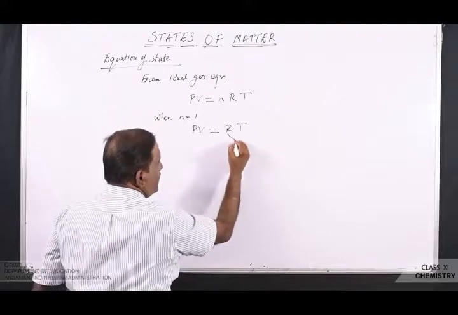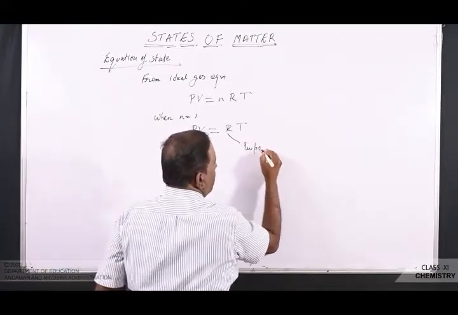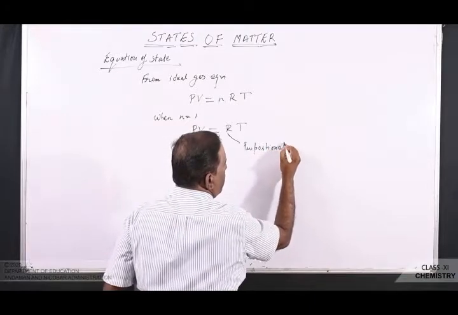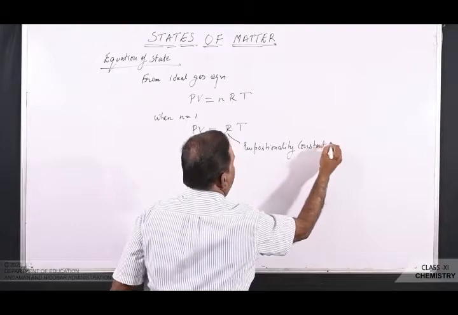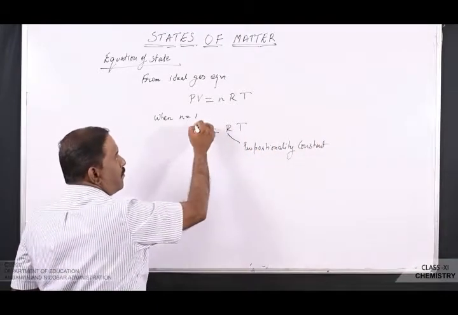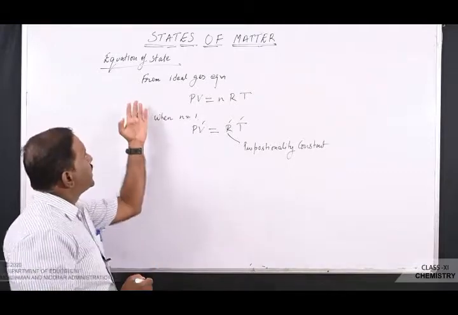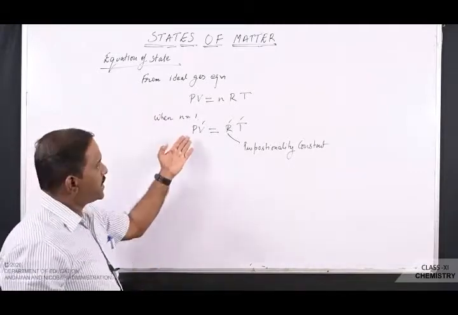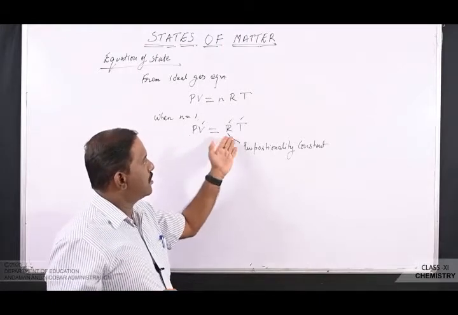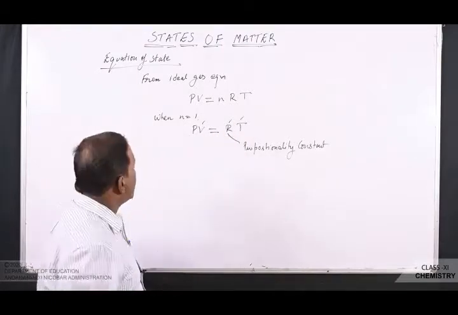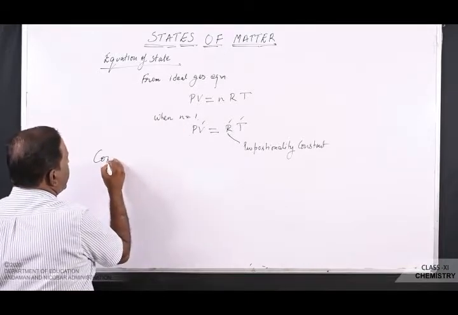So this R is the proportionality constant, and these four state variables describe the equation of state, that is pressure, volume, R, the gas constant or proportionality constant, and temperature. Similarly, for the combined gas law,